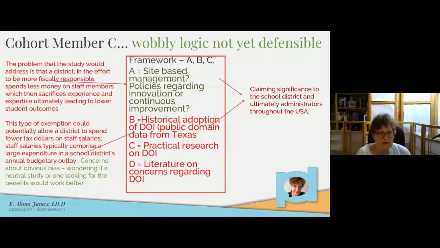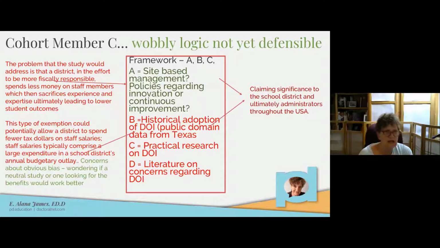So the red is what the student has written, the green are my ideas as I'm trying to figure out with them what it's going to take to make this thing get solid. The problem that the study would address is that this is about districts of innovation, which is a policy that some school districts sign up for. It allows them to hire people differently to fulfill needs, to build out their innovation side of what they're doing